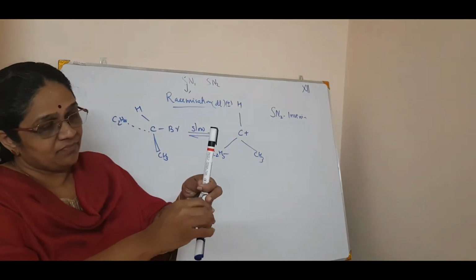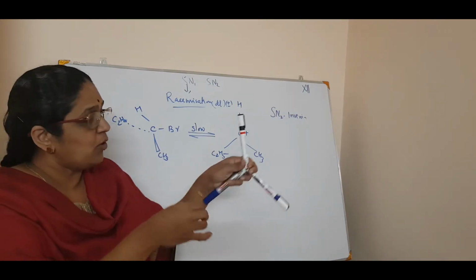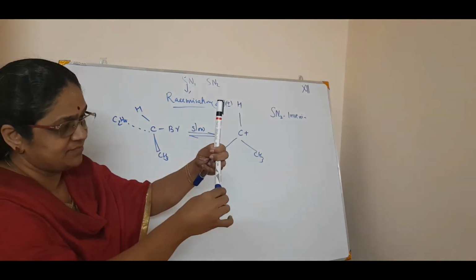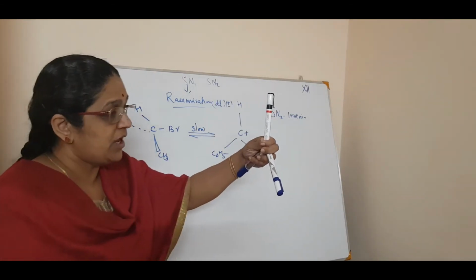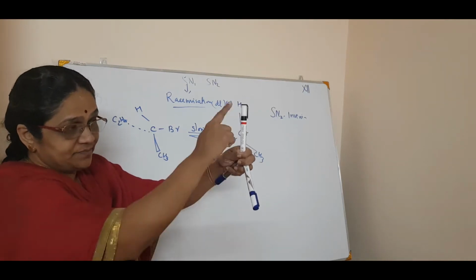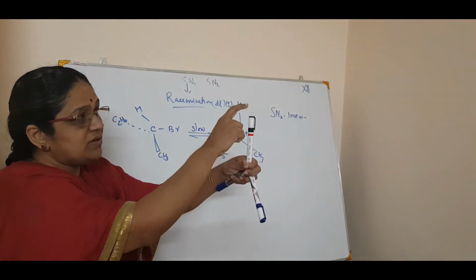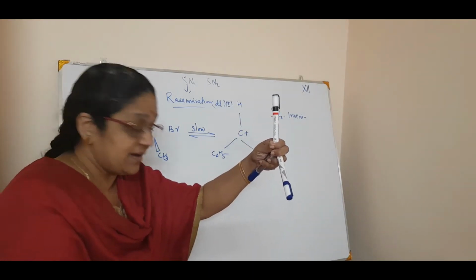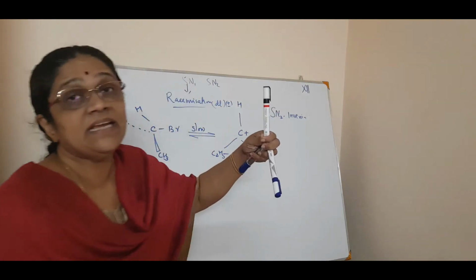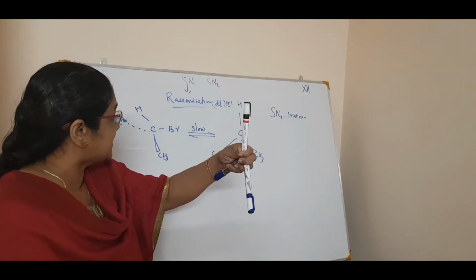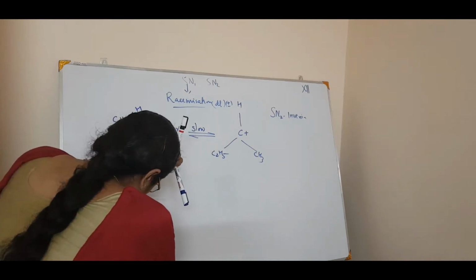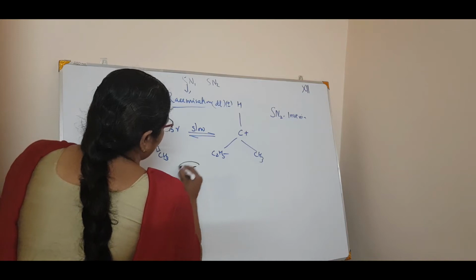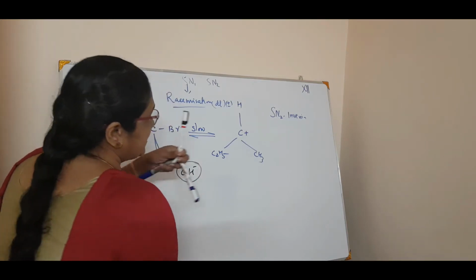See, this is the trigonal. On the board you can draw it like this, but for the nucleophile to attack, it will be like this. This is for easiness I am telling you. Now this is planar. Now see, this is the carbocation, this is the H, this is C2H5 and this is CH3. Now what will happen? There is an equal possibility for a nucleophile. Our nucleophile is, for example, OH minus, isn't it? So the OH minus is coming and attacking it.